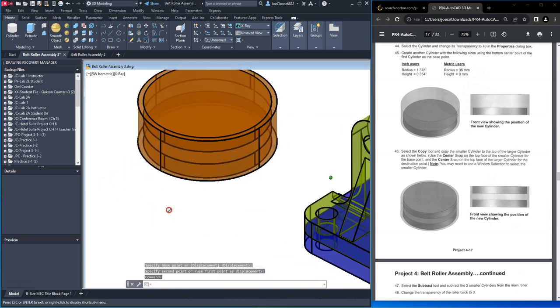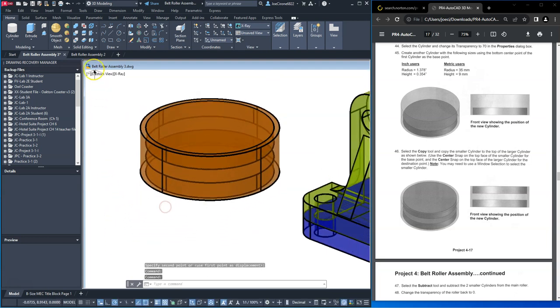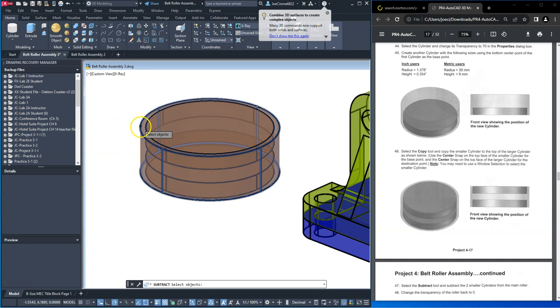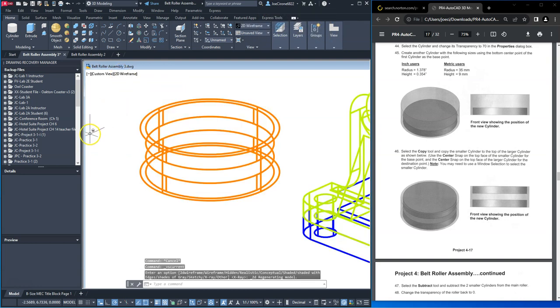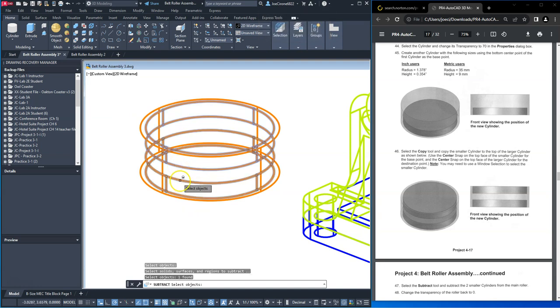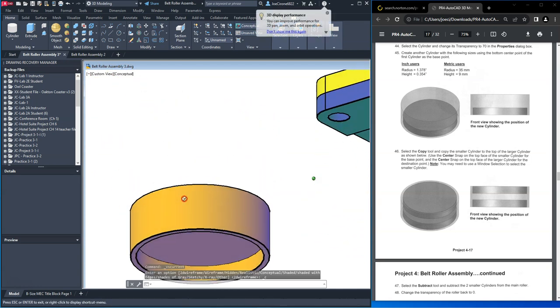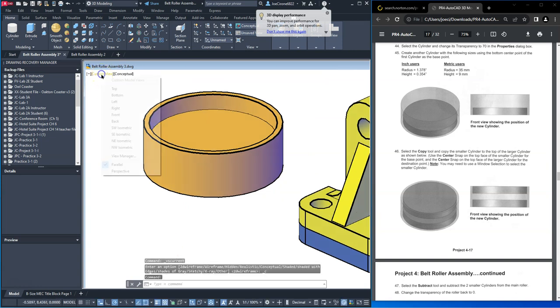And then we can take a look at the shift middle mouse wheel to orientate it. We'll use the subtract command. We'll select the larger shape, hit enter, and then it doesn't look like I can acquire the geometry, so I'm going to go into 2D wireframe and do that again. Subtract, select the larger shape, hit enter, and I'm going to grab this cylinder here and this cylinder here, verify it with a conceptual view, grab an isometric view,